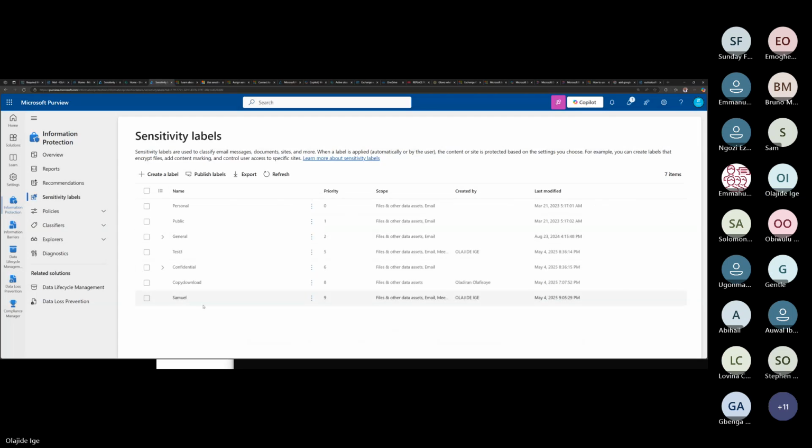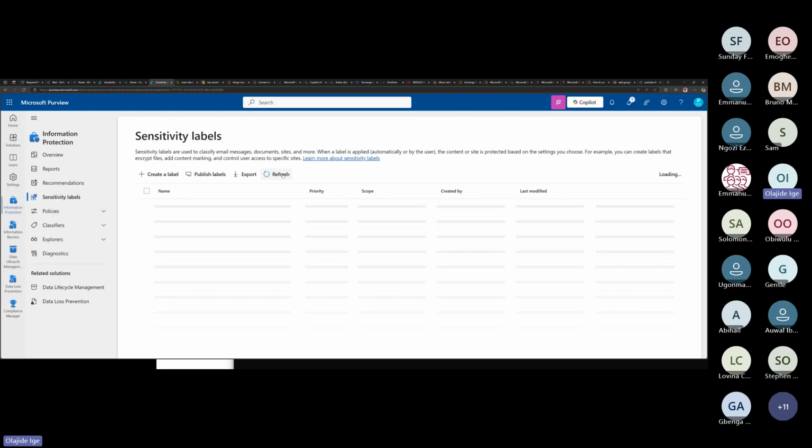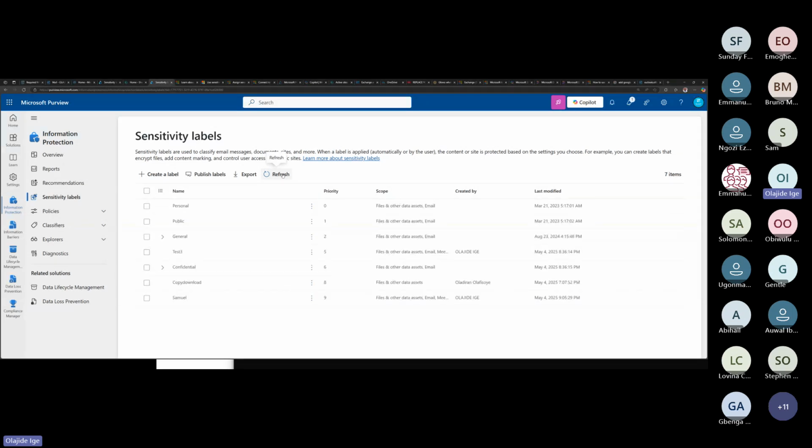So these are the sensitivity labels that we created. Don't forget, we were talking about data categorization. So we talked about sensitivity labels and what the trainer